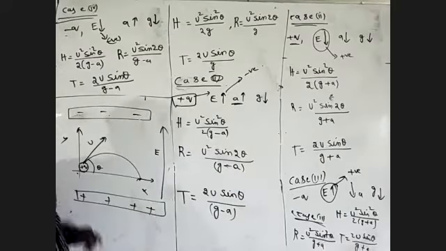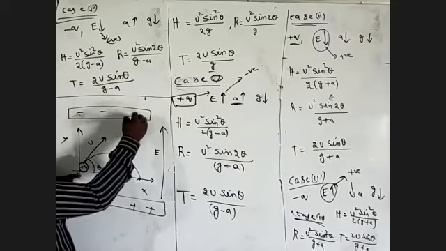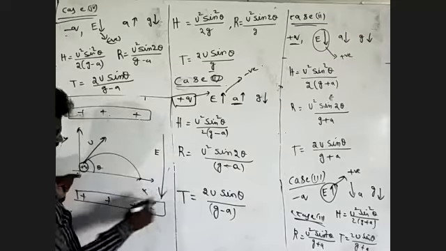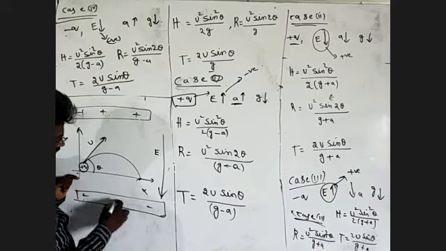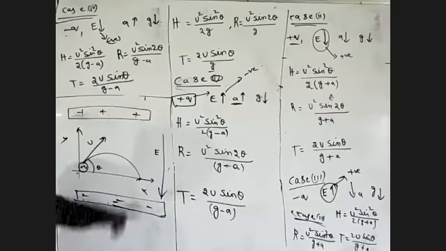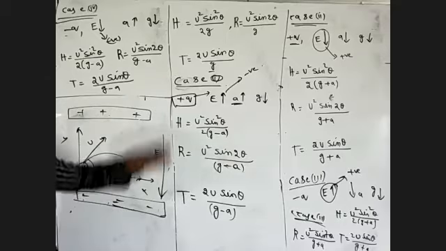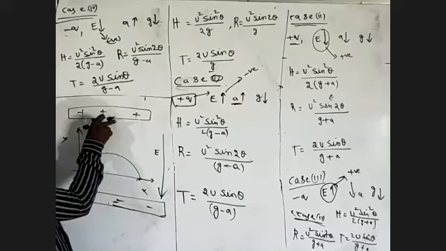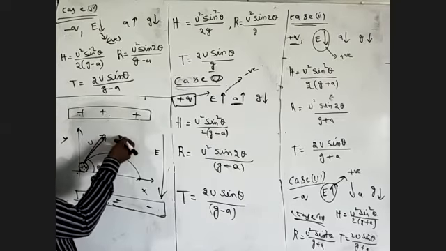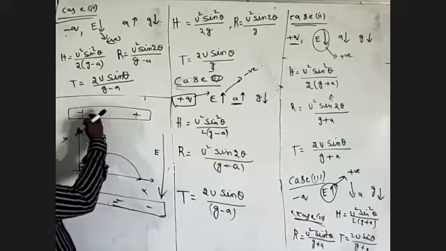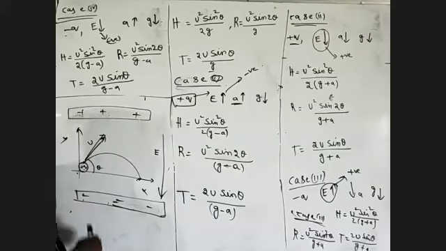Next, case number two. This is a positive charge, but the direction of the electric field is downward. The electric field is downward, and the acceleration of the charged particle is also downward. This positive charge is projected with a velocity u in space, but this positive plate will repel the positive charge in the downward direction. So what will happen? Deceleration.